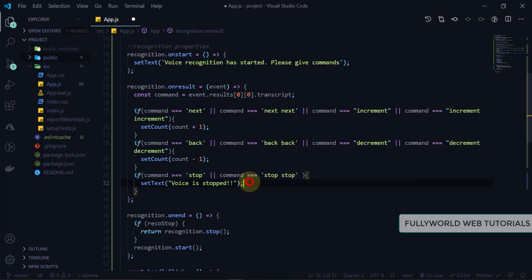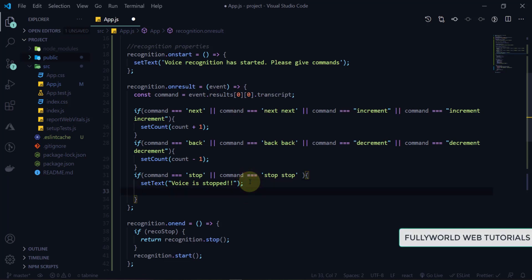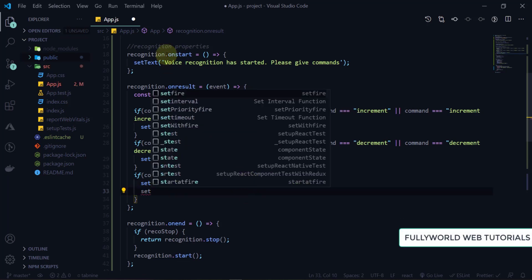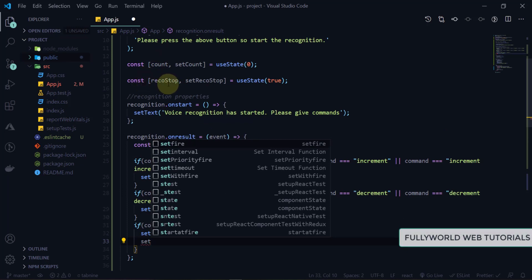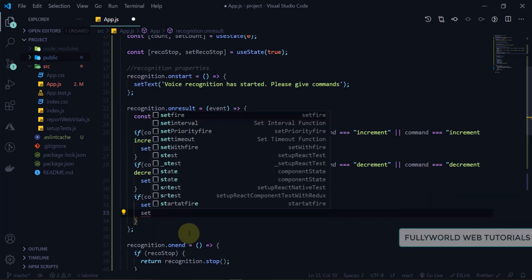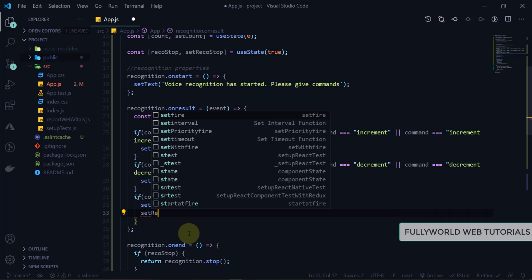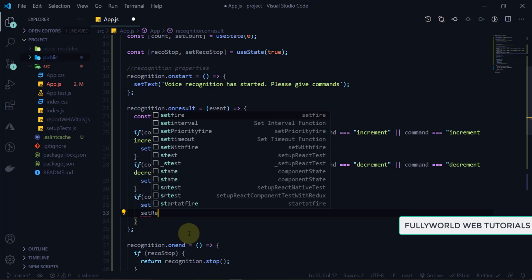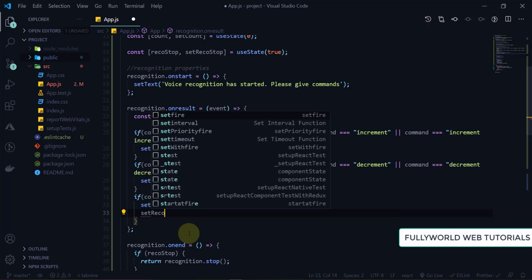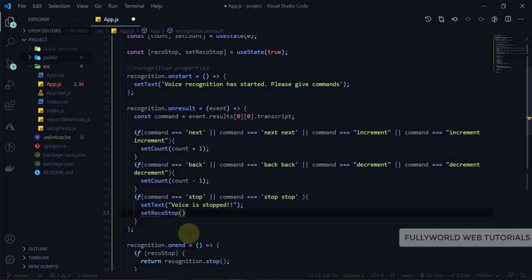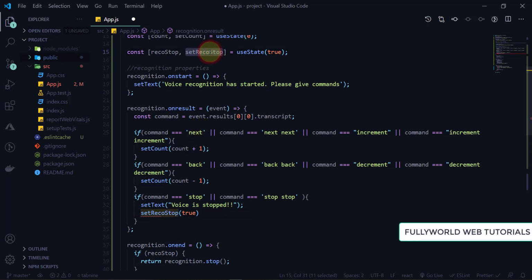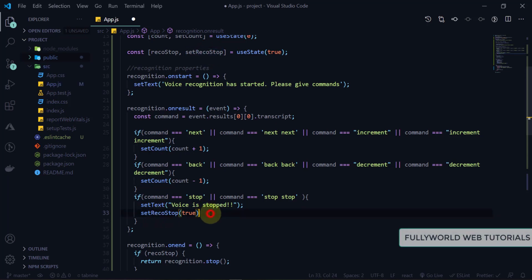And then we will set reco stop to true, because we have to stop this recognition. Yes, it is set reco stop. I'm going to copy this, paste it again, and then save it.